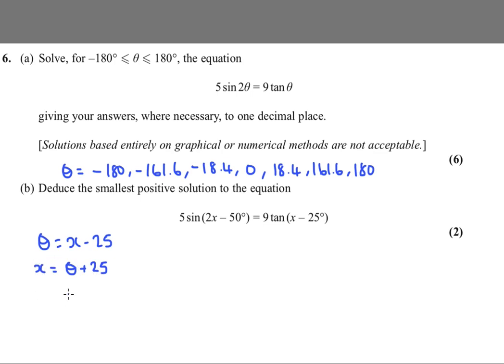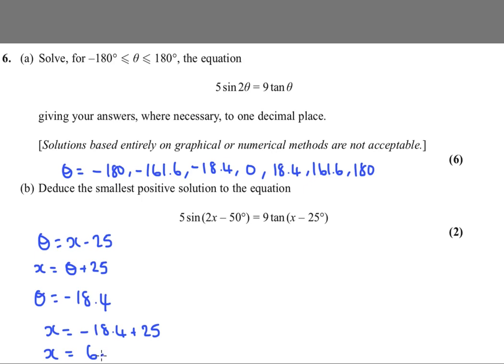So we want to find the smallest number here, so that when we add on 25 we get the smallest positive answer. If we add on 25 to this one, it's not going to be positive. Here's not going to be positive. This one is going to be the first one that gives us a positive number. So we're going to choose when theta is the negative 18.4. And when theta is negative 18.4, x is negative 18.4 plus that 25. And if you work that out, that is